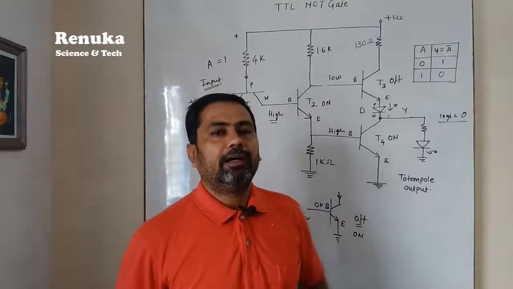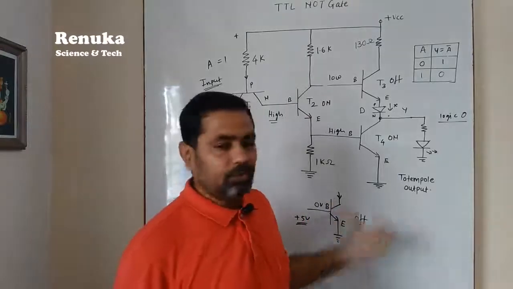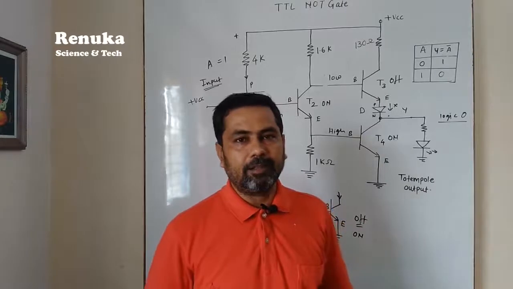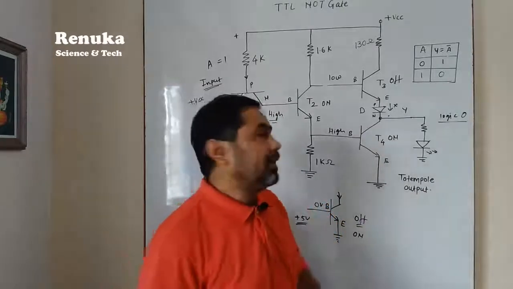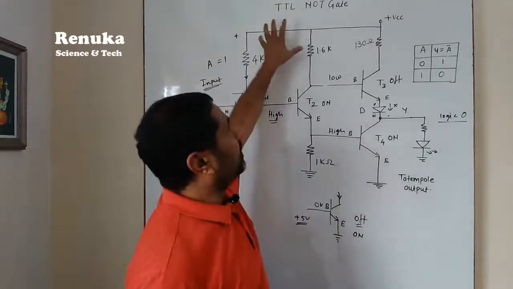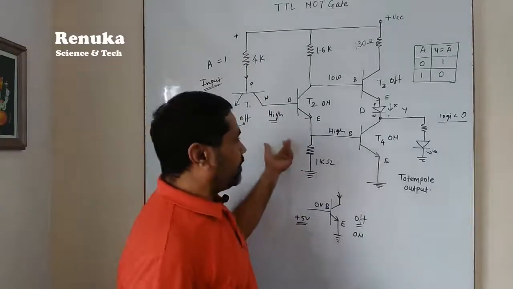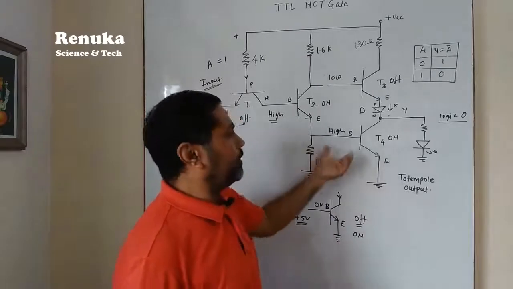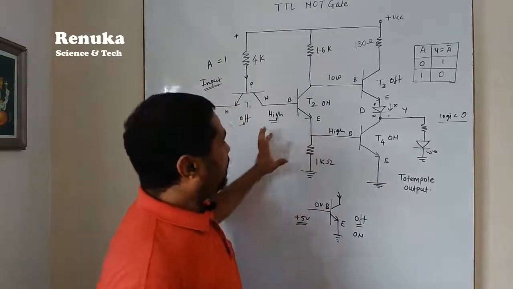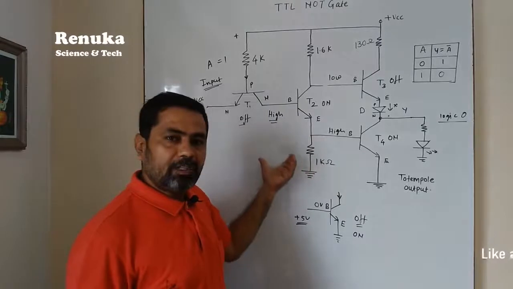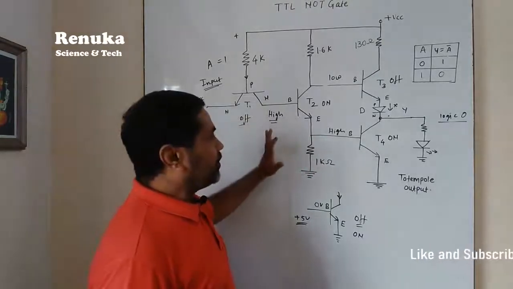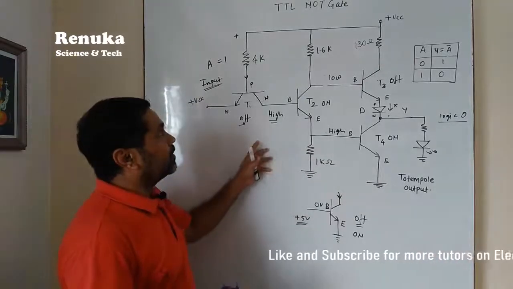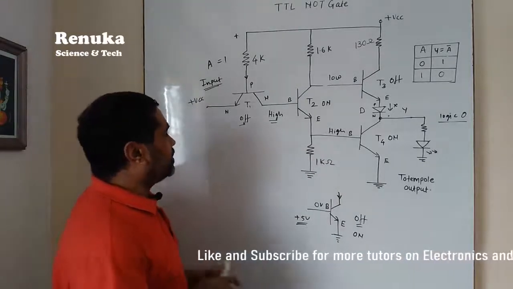Now, in this topic, we are going to understand another TTL logic gate, that is NAND gate. In the last period, we have seen about the TTL NOT gate. Now, this same circuit can be used to construct a NAND gate, because we have to make only a certain modification in this circuit. What are the modifications? We have to construct this circuit using NOT gate by using a simple thing.